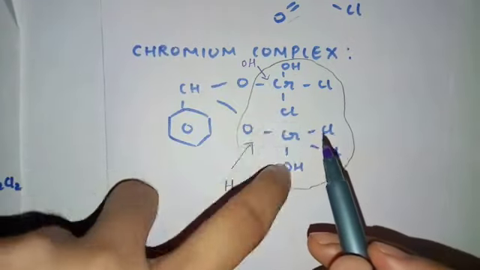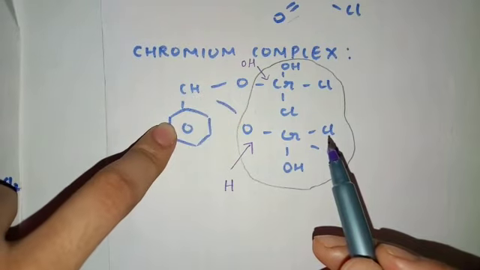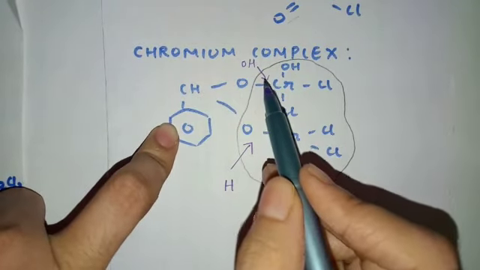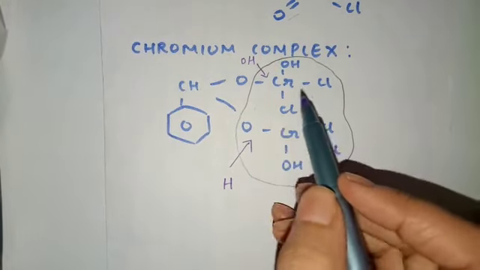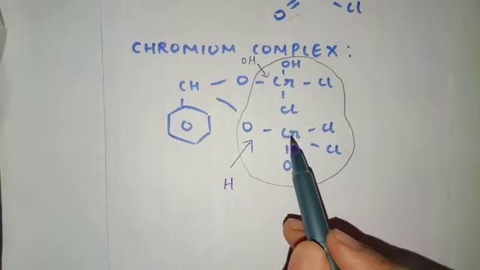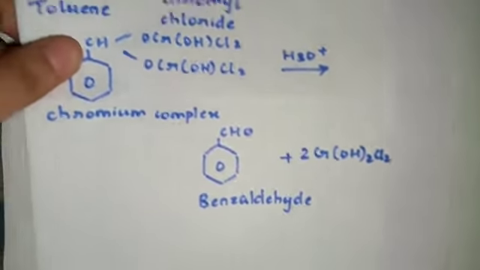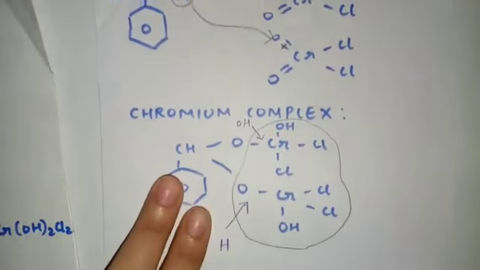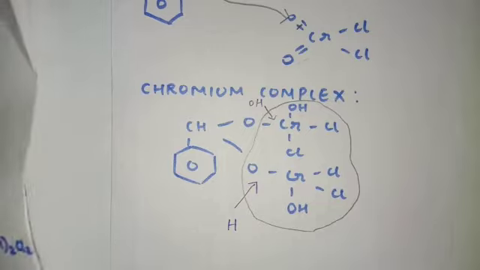You all can see these compounds are almost identical, but here this oxygen has gone in formation of benzaldehyde, right? So this requires OH, and here H is attached on OH. Okay, so what you get is Cr(OH)2 and Cl2. Similarly Cr(OH)2 and Cl2. So that is nothing but your byproduct. Okay, fine. So I hope you all were able to understand Etard reaction with the help of this open structure.